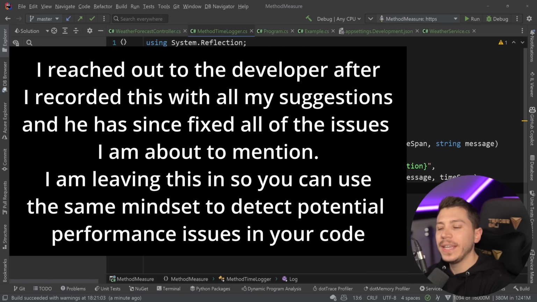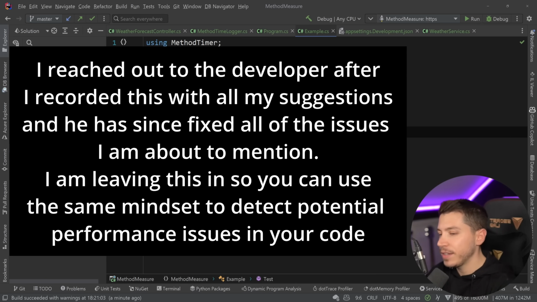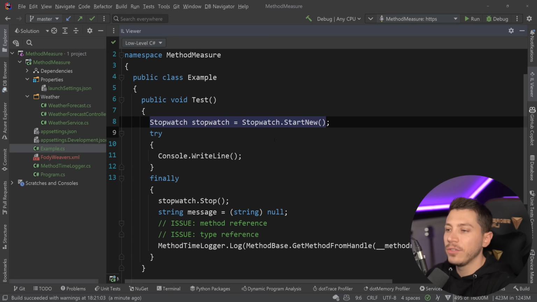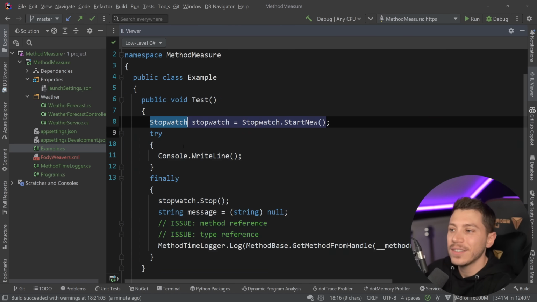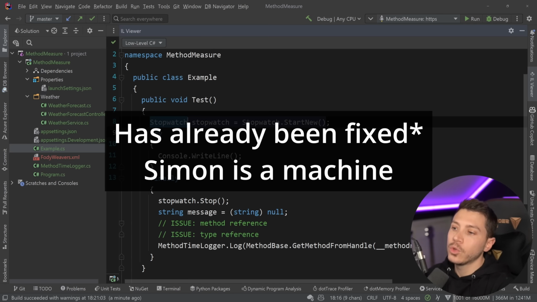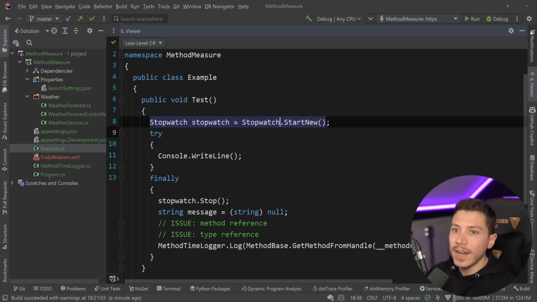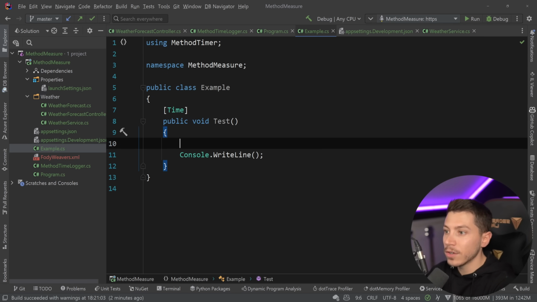Now, it wouldn't really be a Nick Chapsas video without me talking about performance a bit, so I do want to raise a few things, and I'm going to explain them in this example method. If I go to the IL viewer, as you can see over here, this is using a new stopwatch every time, and that on paper can be problematic because stopwatch is a class and it will allocate some memory on the heap that needs to be garbage collected. So what I would recommend, either for Simon or any of you watching, is to replace this to use the brand new, and let me just quickly show you over here,